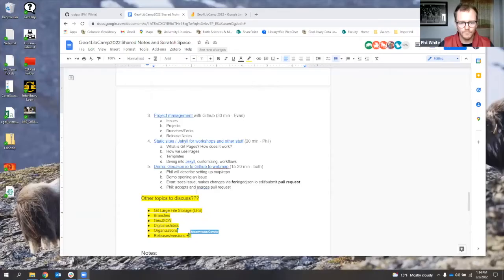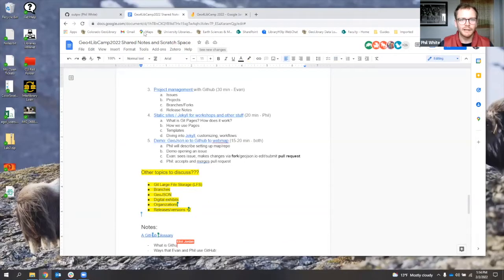So we thought we would share a little bit about how we use GitHub and also what Git and GitHub are, for maybe folks that are brand new. So I'll share my screen for now. Yeah, you can drop new ideas down here. So GitHub